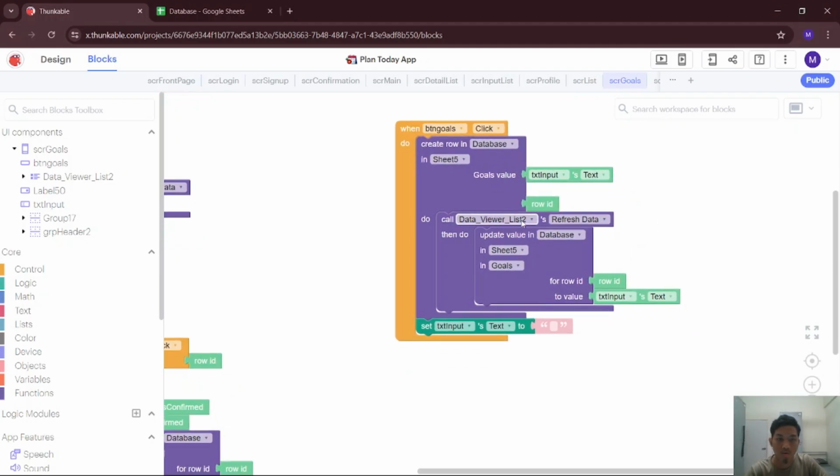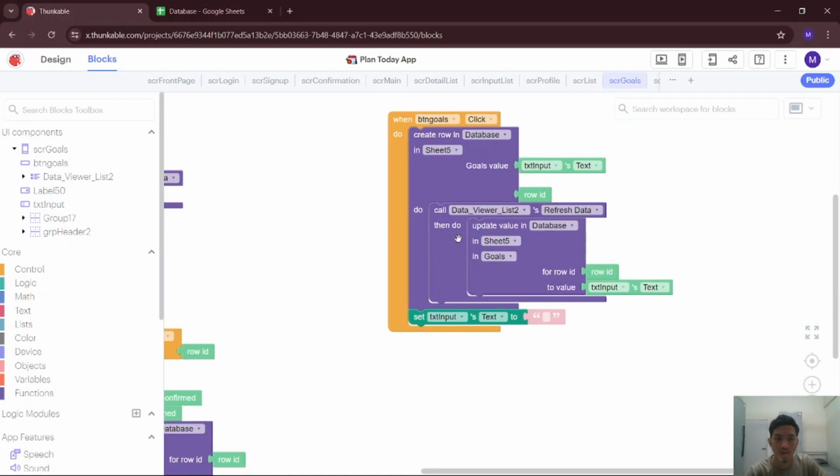And then I will call the data viewer list back to refresh data, and then I update the value in database in sheet 5 in goal 5 for that row ID to the text input. So it will be updated when the user clicks button add, and it will be displayed